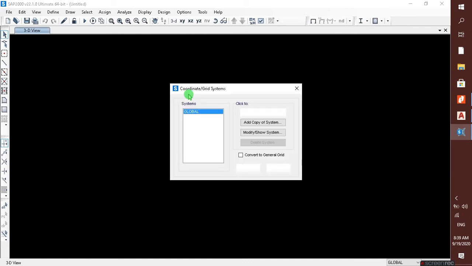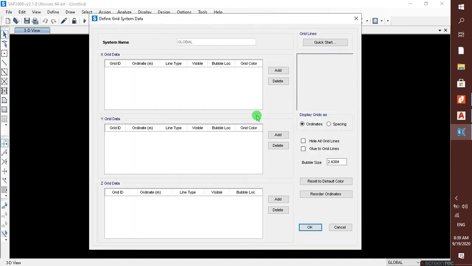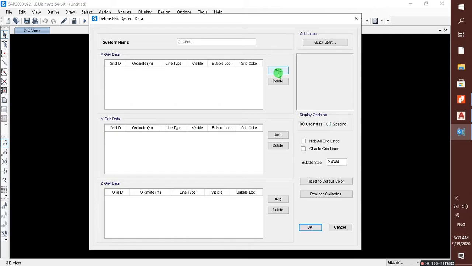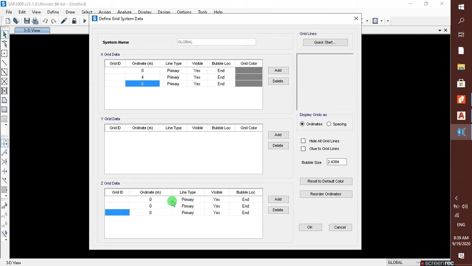So I would edit the grid data, modify the grid system. So 4 meter here, 2 meter here, 1 meter, 2 meter and 3 meter over here. So I would add, the first grid is at 4 meter and the other is at 2 meter, so it's total 6. For Z it's 1 meter and then the other is at 3 meter and total height is 6 meter. So okay,